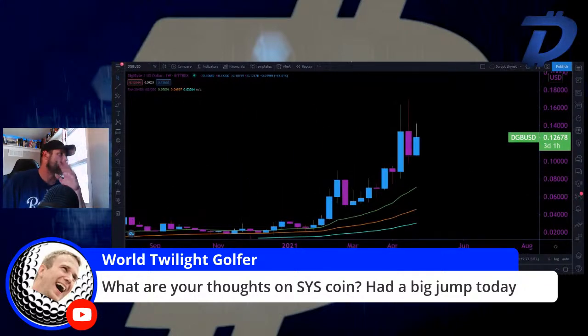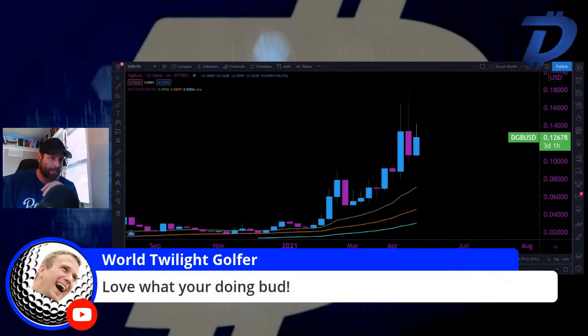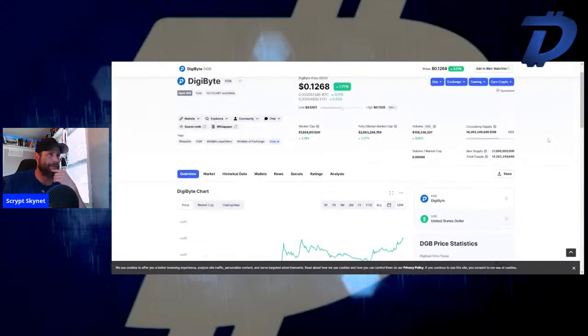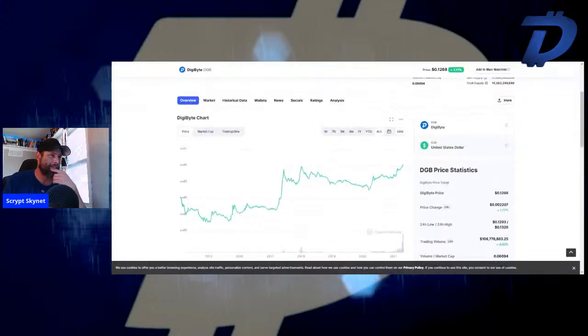yeah, if we go back, like I said at the very beginning, right? Awesome. But if we go back real quick and show you on CoinMarketCap what I was talking about, DigiByte hasn't done anything yet. It's got real stable growth, and it's moved a lot. But like right here, guys, this is the log scale chart. We just got back all this. Look at DigiByte, man. It's pretty amazing what DigiByte's doing.